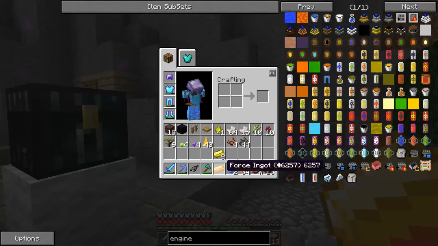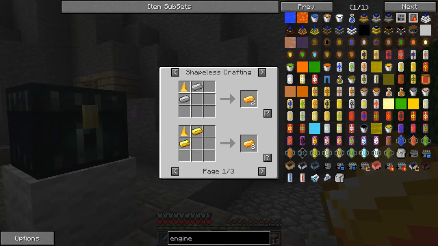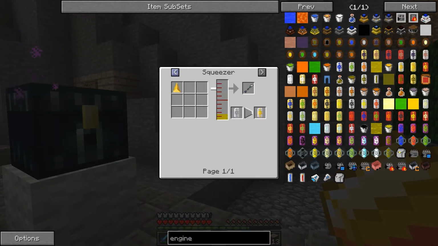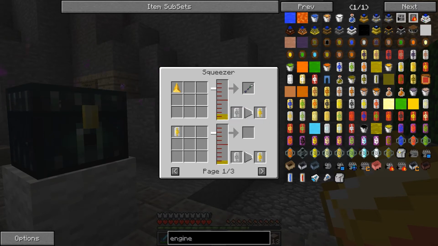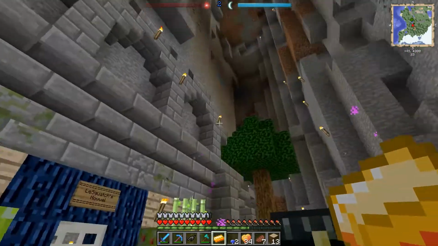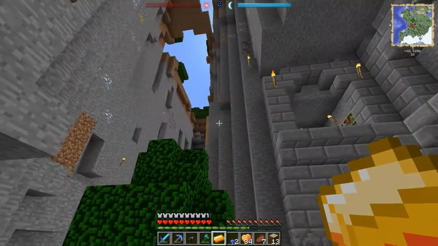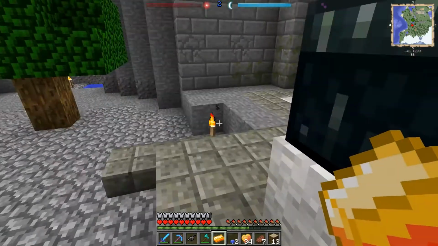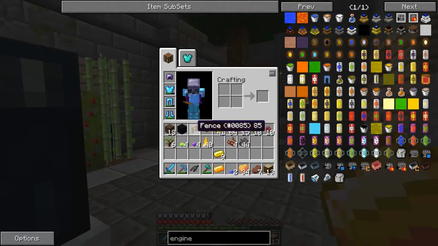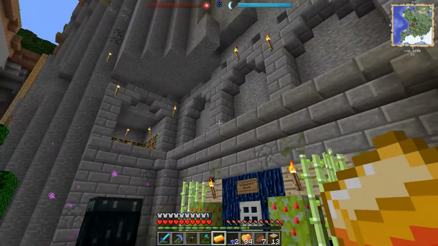So, what I've decided to do, let's look at the usage of these force gems here real quick. If we look at the output in a squeezer, we get liquid force, and looks like we can even use force logs if we can find a tree, which would be a great renewable source, so we might go hunting at some point, or we might see if anybody else has picked up any of those saplings. But really the point is, we can use these force gems, which are reasonably plentiful, to power all of our